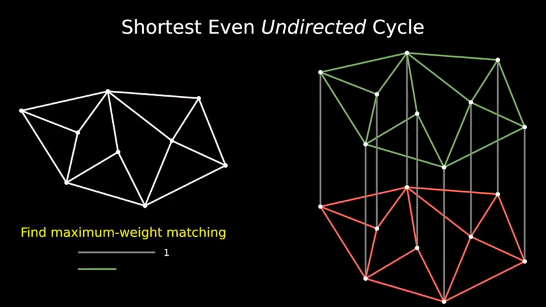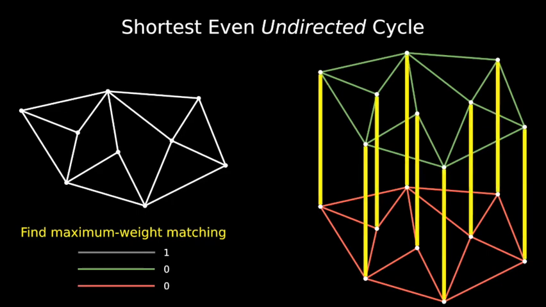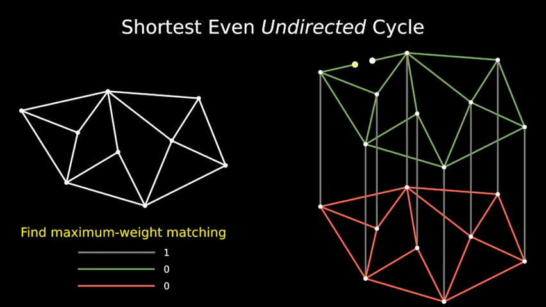Let me look for a maximum weight perfect matching in the resulting graph. I choose weights so that the gray edges are really attractive to the matching, and clearly the maximum weight matching will pick exactly those edges. Now let me subdivide one of the green edges. Any perfect matching has to match the new leaf with the other end of the subdivided edge, but then the mirror vertex to the matched vertex can no longer use the attractive gray edge and must look for a match